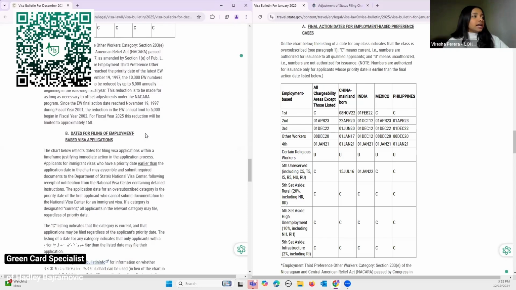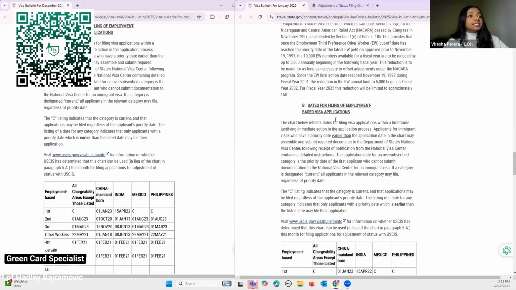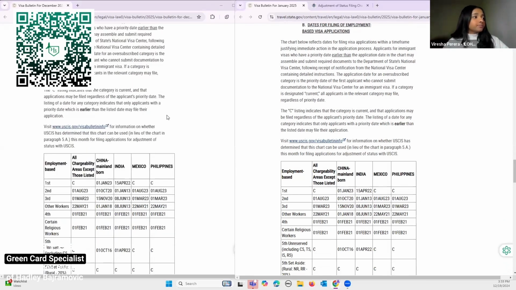So now we'll scroll down into the dates for filing. And again, we use table B, dates for filing, to determine when we can submit your adjustment of status application. The table that we just covered basically dictated when USCIS could take a final decision on your case because the green card is available for you, right? So now looking at table B, the dates for filing chart,